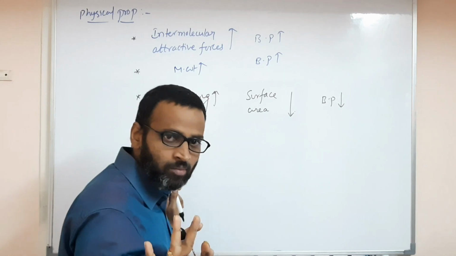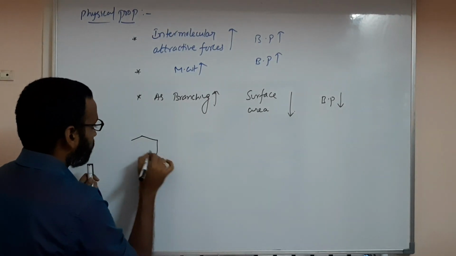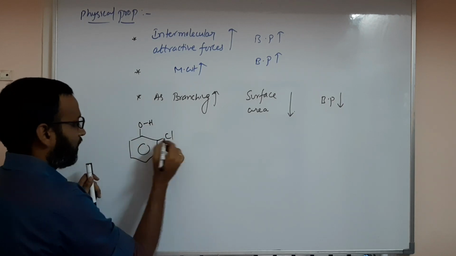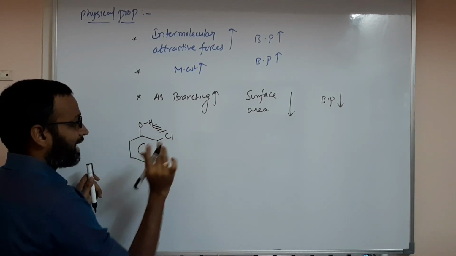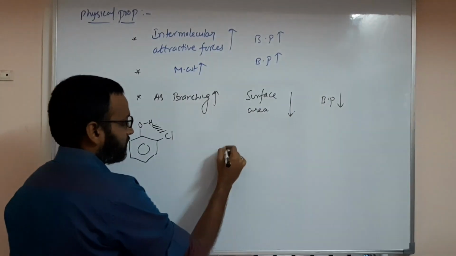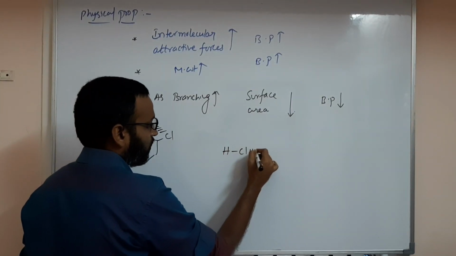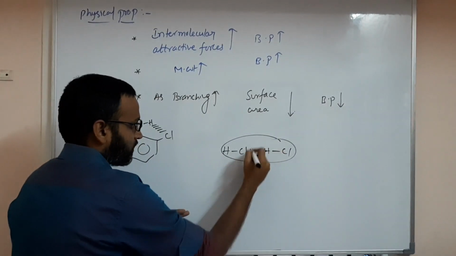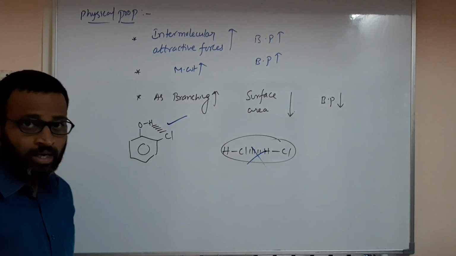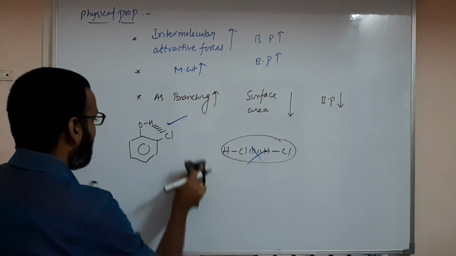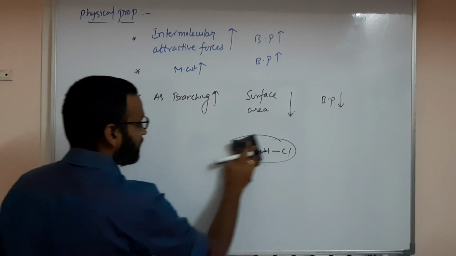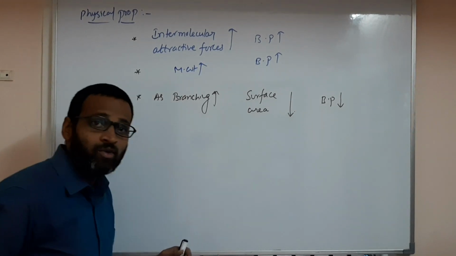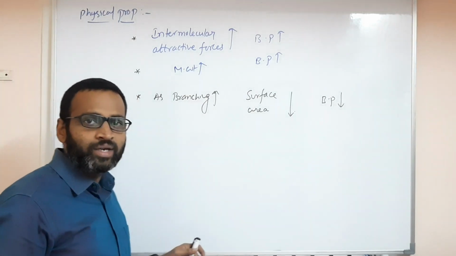Chlorine has hydrogen bonding but only in one place, on benzene. Chlorine attached to benzene then only has hydrogen bond nature. Otherwise, in HCl like that, there is no hydrogen bond. Here no hydrogen bond, but here hydrogen bond is present. Please remember. So who has hydrogen bond formation ability? Oxygen, fluorine and nitrogen. Who has more? Fluorine, because fluorine is the most electronegative.